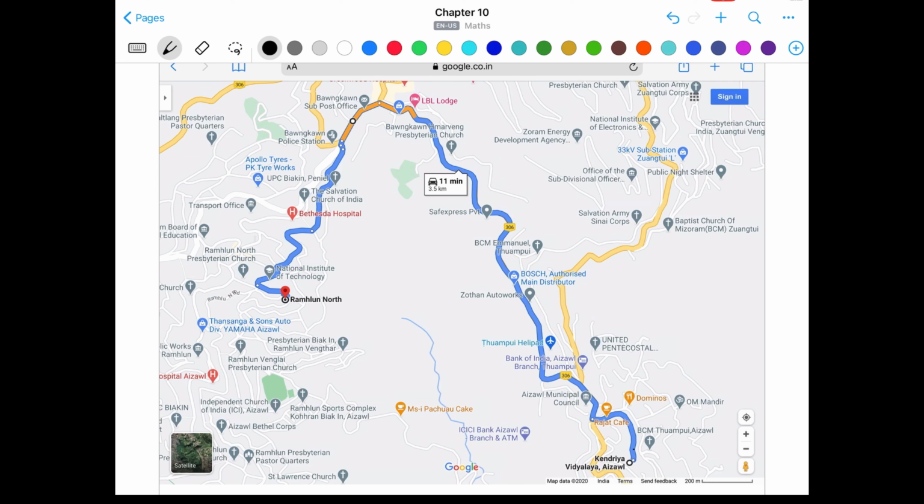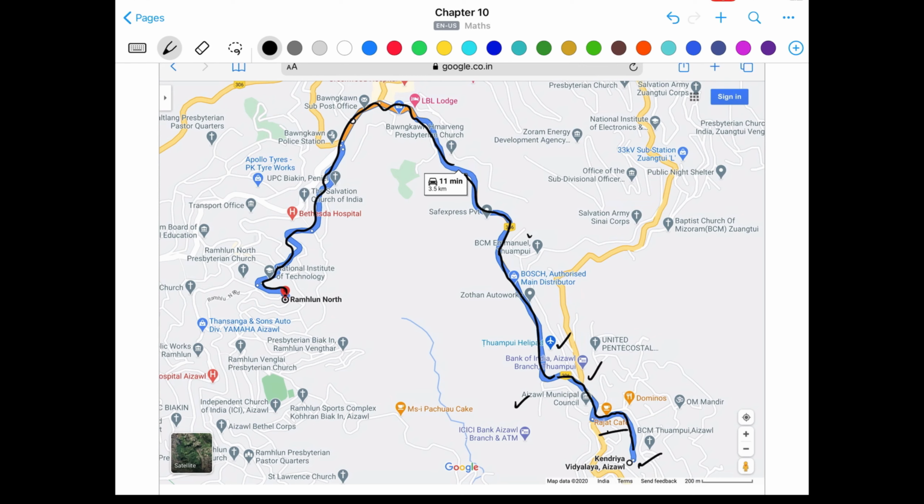You will just draw this blue line which is showing the route from our school to the place in Ramlun North. You will follow this route to reach Ramlun North, and you will indicate all the major destinations that fall on the way. We have the starting point Kendriya Vidyalaya Aizawl, then Rajat Cafe, then Aizawl Municipal Corporation AMC, then Thuampui Helipad, and also the Chongtui Road.